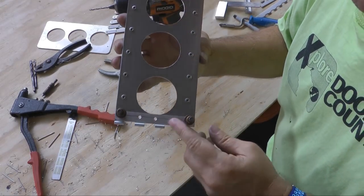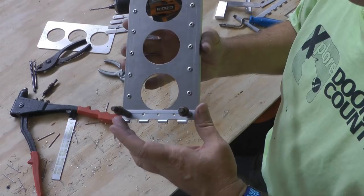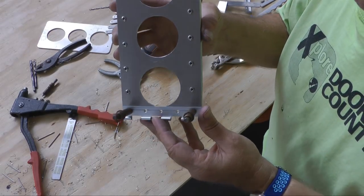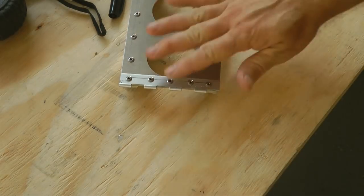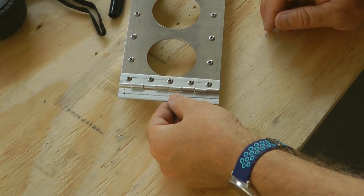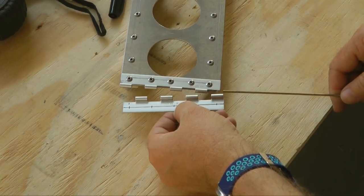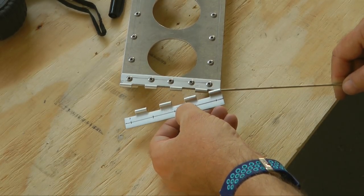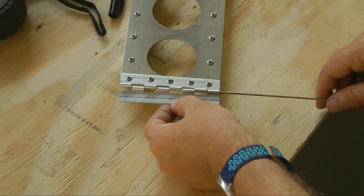Alright, and then of course we're going to disassemble the burr, and then 5 stainless steel rivets in the bottom across there. Here's our hinge installed, and here's the other half of the hinge, which goes right here. Now, with the pin, it's very simple to install and deinstall by just feeding it into the end,